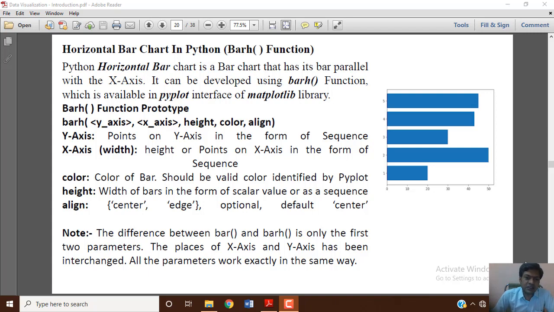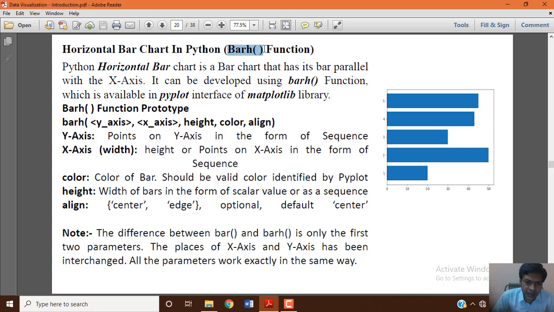A bar chart means the bar function. The horizontal representation of a bar chart means the barh function. You can see clearly how we can make use of the barh function. A Python horizontal bar chart is a bar chart that has its bars parallel with the x-axis.